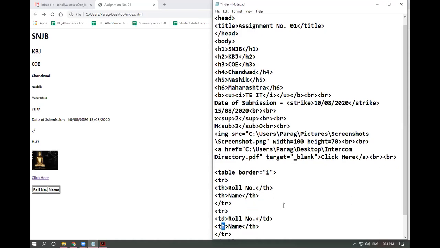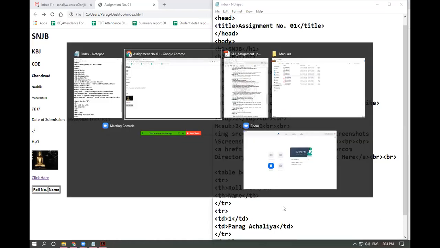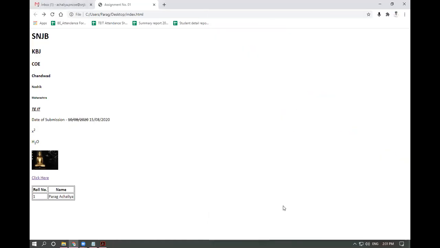Remember, whenever you need to give column headings, you use th. You use th for table heading, and if you are going to add the table data you use td. And I am giving roll number, suppose 1, and a name. Save it, refresh it. You can see one record has been added.